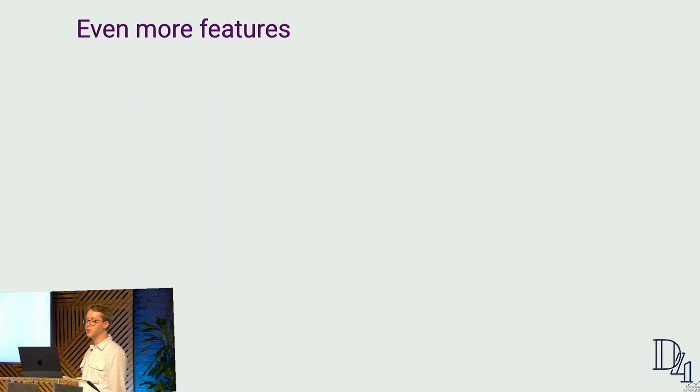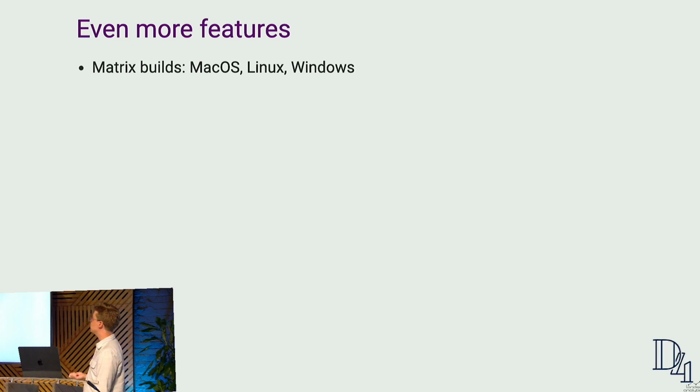But there's really even more features that you can do. We specified Ubuntu on the last, but you could use Mac OS, you could use other flavors of Linux, you could use other versions of Ubuntu, and of course you could use Windows if you prefer. You can also, like we showed, schedule it, but you can also do on demand. So every time I push the code, I can have it execute then.